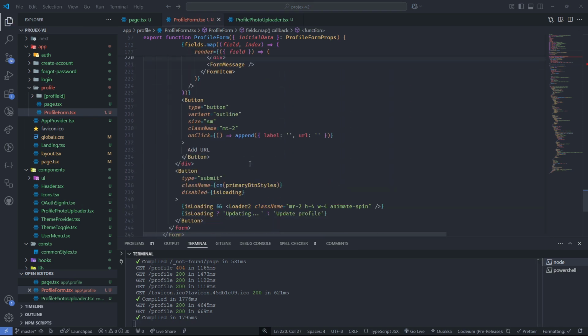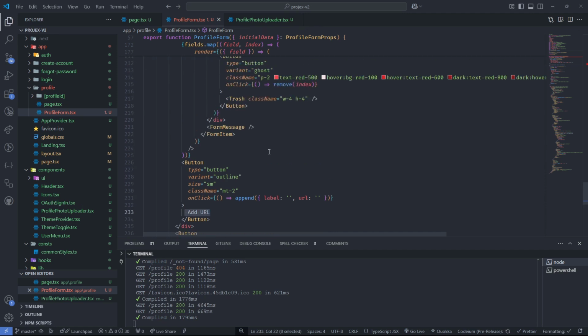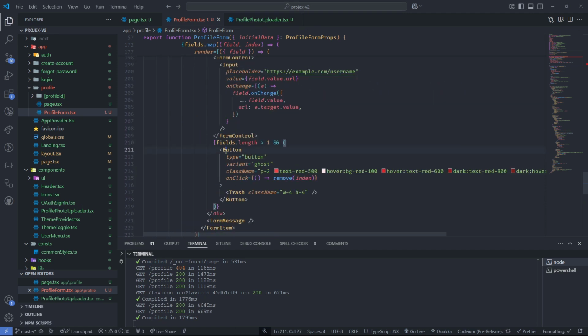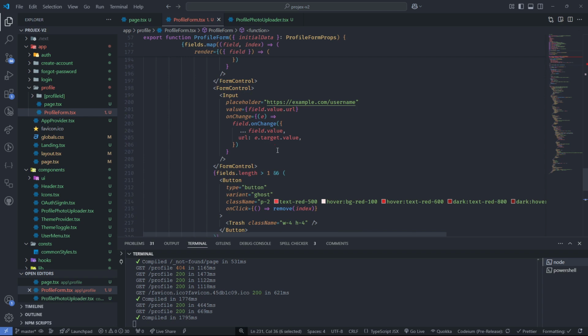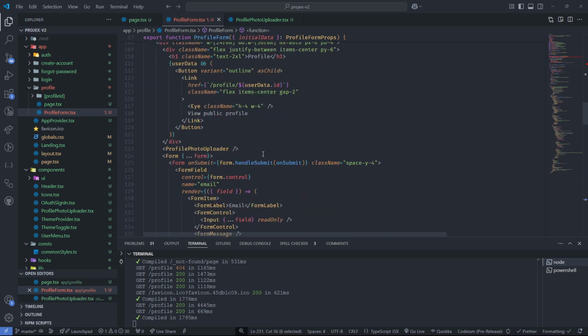Now you'd realize that we have this add URL button and then remove. There's a button here which removes a URL field from the links. So it calls this remove. You can see this one calls the append, which are all coming from here,